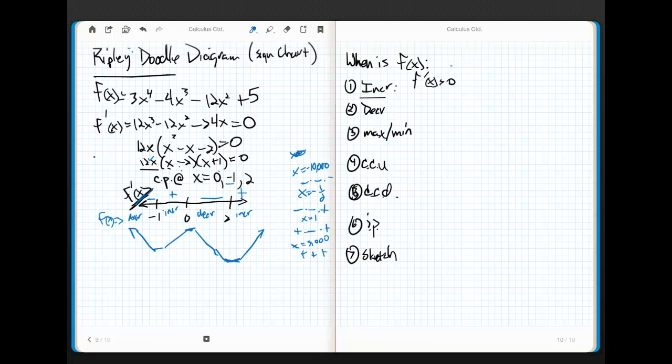But more importantly, check it out. I can now fill in a whole bunch of my information. All right, let's do increasing. Well, when's it increasing? Well, it appears from -1 to 0 for sure. Now, it's neither increasing nor decreasing at